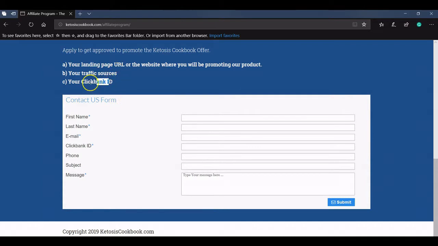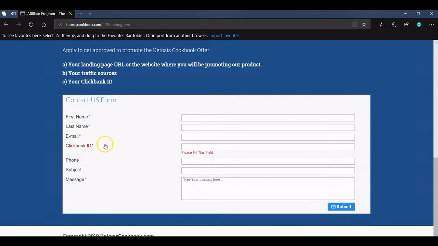Your ClickBank ID is an ID when you register for ClickBank. When you first sign up, you go to ClickBank, you sign up, register. You'll be able to create a ClickBank ID. That's what you'll enter into the ClickBank ID field. Your traffic sources are traffic sources you intend to promote from. So if you're promoting from Google, Facebook, YouTube, whatever you intend to promote from,